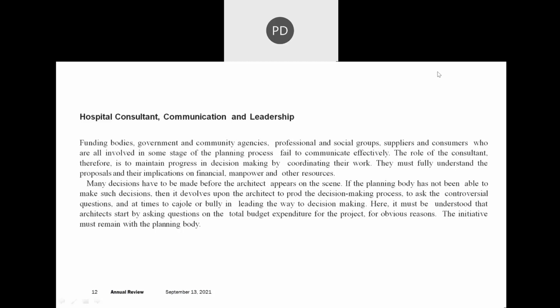Okay, many decisions have to be made before the architect appears on the scene. So as I said, the core team starts working first. Once they find out that the design part is coming, the architect and engineers would also come, right? Then the architect and engineers would make the medical team understand the designs and other planning requirements. Okay? So first, as a founder, because I am going to make the hospital, I would go to HOSMEC, talk to the consultant,